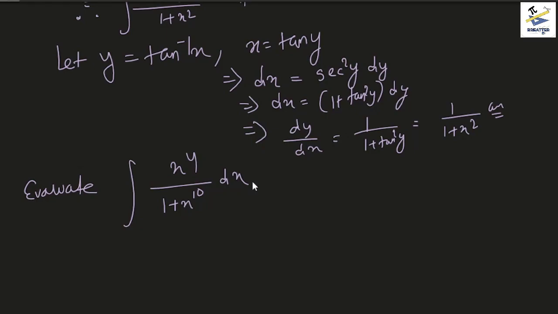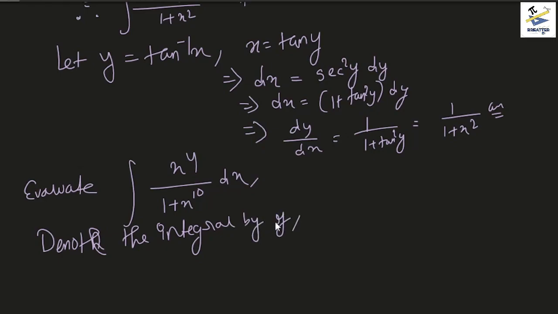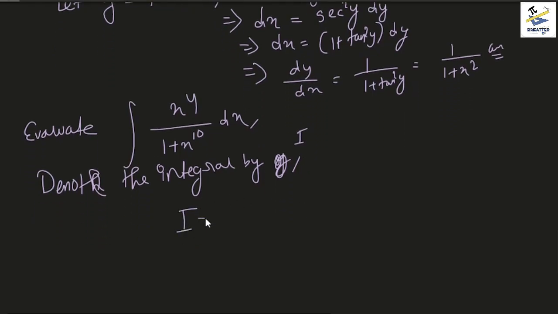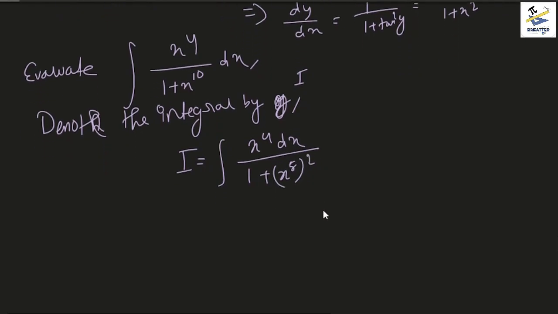Or not any constant multiple of x to the power 4 dx, rather. But what we can do here is denote the integral by I. Then what we get is: capital I is equal to the integral of x to the power 4 dx divided by, and we can write x to the power 10 as x to the power 5 whole squared, because in that case what happens is,